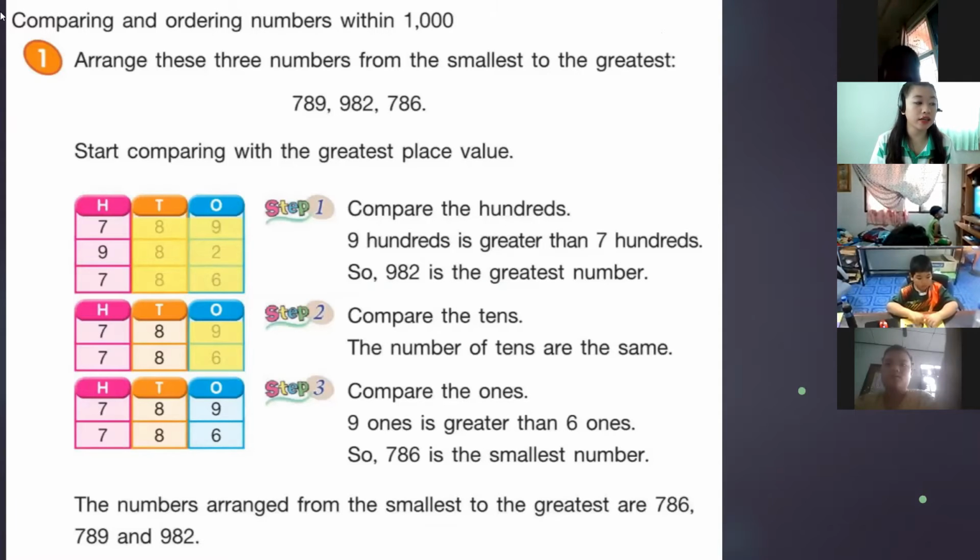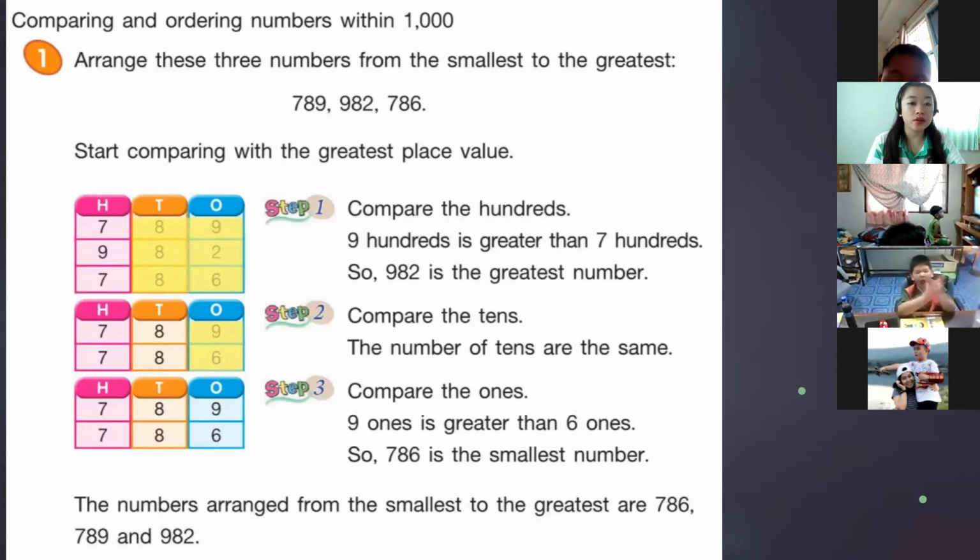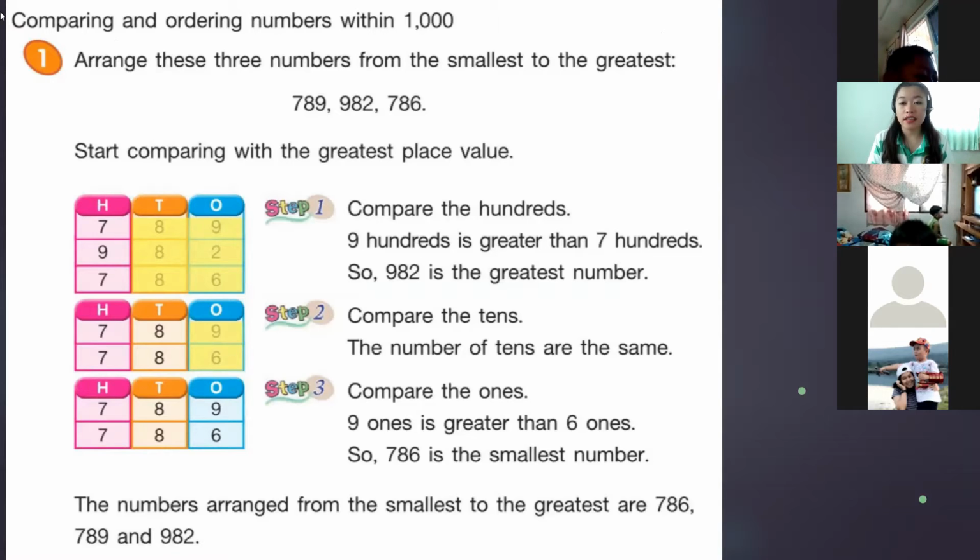We have here comparing and ordering numbers within 1,000. We're going to arrange the numbers according to smallest to the greatest. When we say smallest, it is the least number. And when we say greatest, the biggest number. What numbers do you see on your screen? We have here 789,